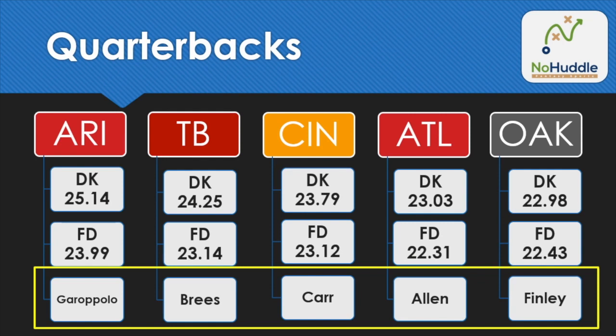And that includes, obviously, for him, rushing yards against them. Not every quarterback's going to perform in that same manner. So Cincinnati, yes, they are a very weak defense, a defense you can exploit with almost any position, including quarterbacks. But I don't believe third is an accurate indicator of where they are in terms of fantasy points given up to quarterbacks. Moving forward here, we have Atlanta listed at number 4, facing off against Carolina and Kyle Allen, who's